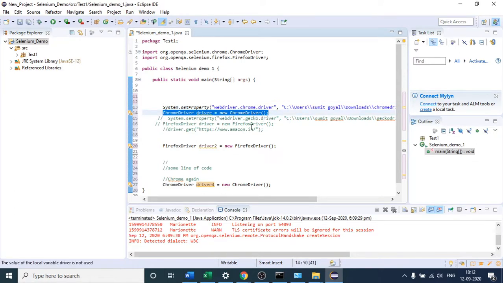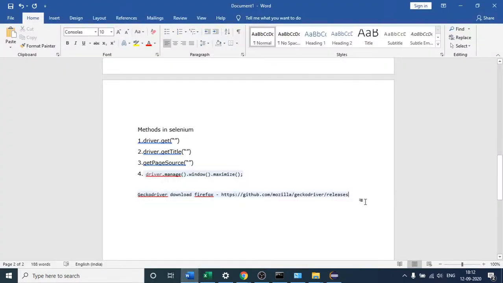So let me tell you, let me come to this one. Understand this. I hope you all know what an interface is. WebDriver is an interface, and all the classes like ChromeDriver, which is one class, and FirefoxDriver, which is one class, implement it.